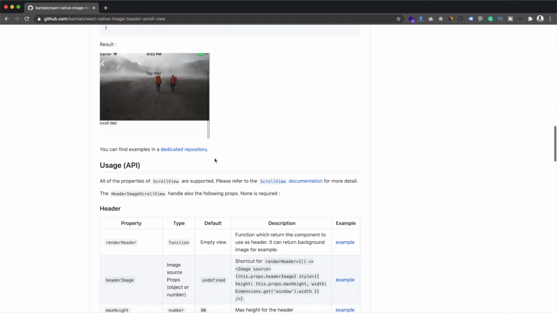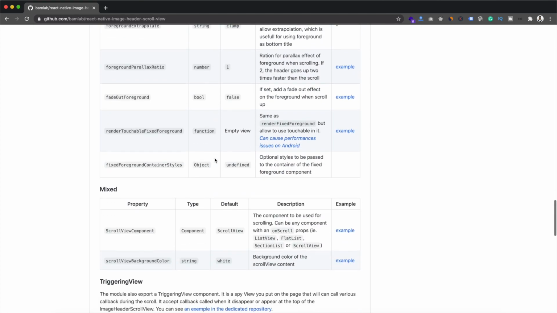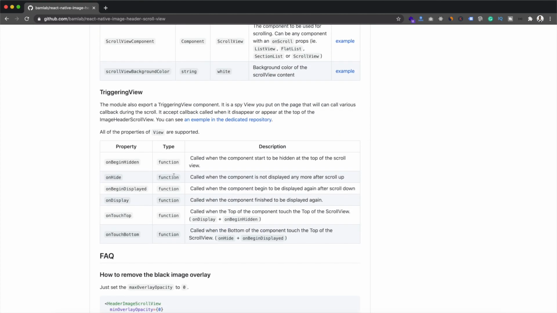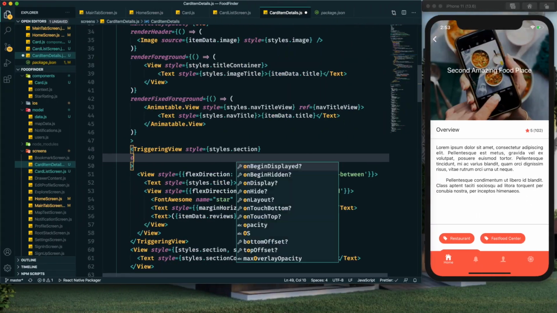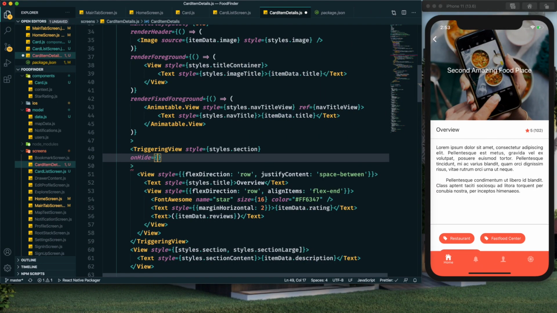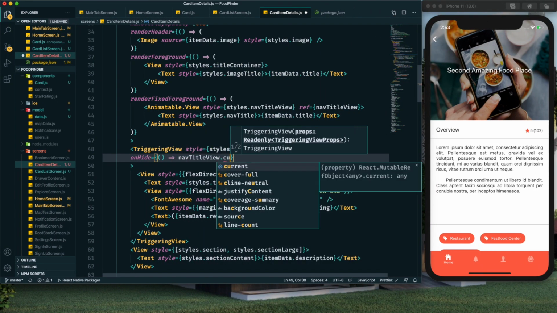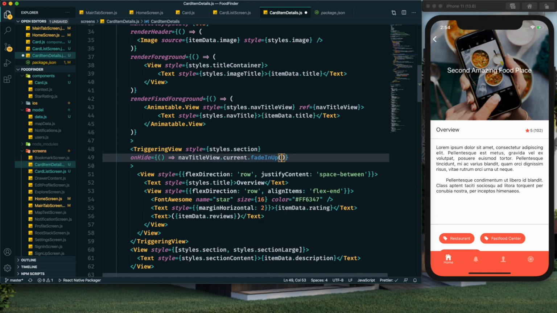So here in the documentation, if we see, for the triggering view we have some properties which we can use for various kind of customization. As you can see, we have on being hidden, on hide, on display. So we will use this on hide, on display. Now for this on hide we will provide fade in up animation, and we will give a duration of it.